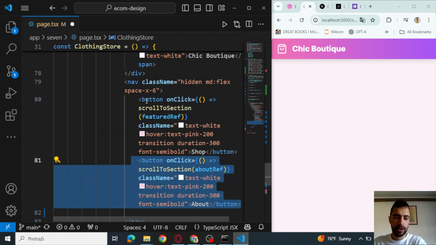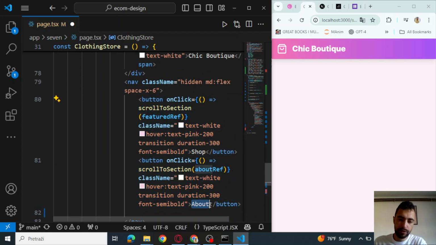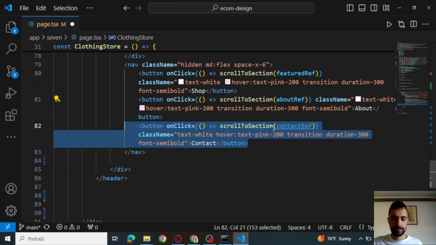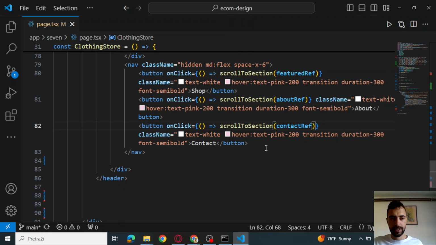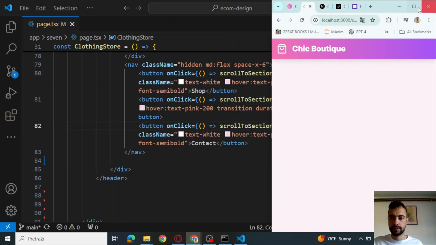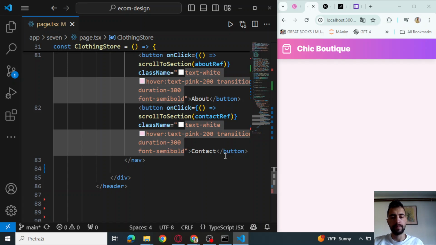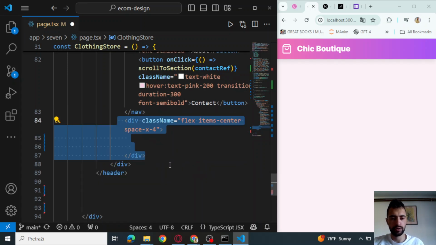Below this button we have another button for about. This will scroll to about. So let me show you. It will scroll to about, and we have another one to scroll to contact. So let's check. About, contact, everything. Below the contact we will go down and make a new div,